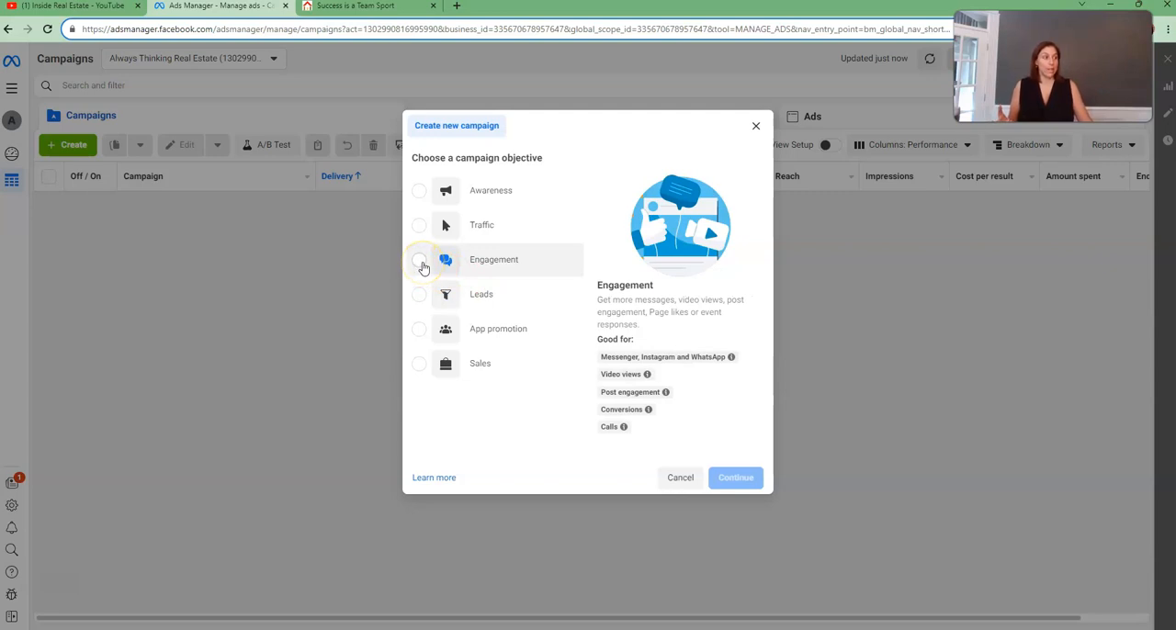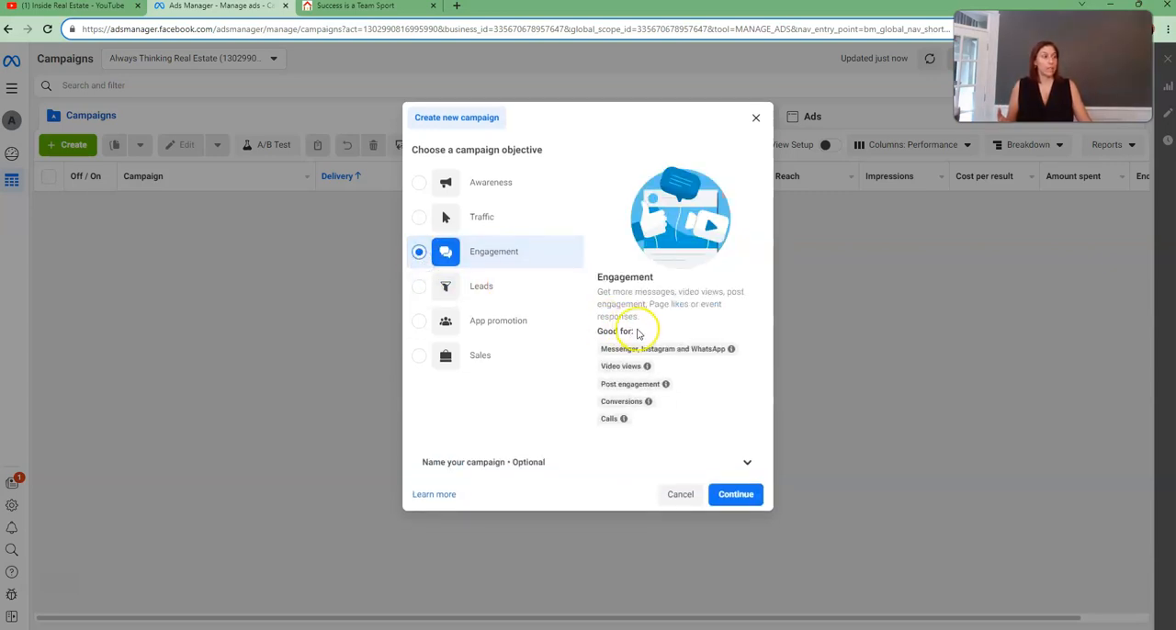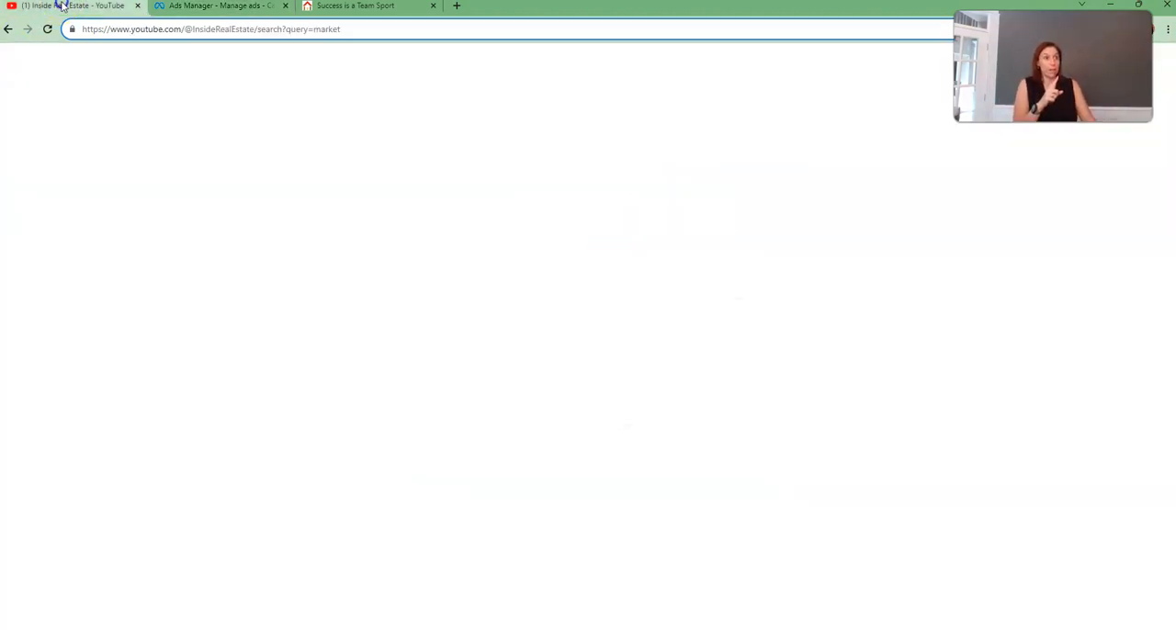So one option is engagement, in which case you're sending them to your Messenger. That's not a bad idea. You could make your ad say, hey, this is what's going on in the Portland market. If you have questions, or if you're looking to get started with your real estate journey, message me now, and they would click it and it would go to your Facebook Messenger. If you're going to do that, I highly recommend